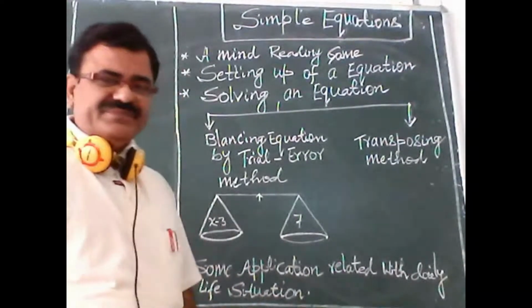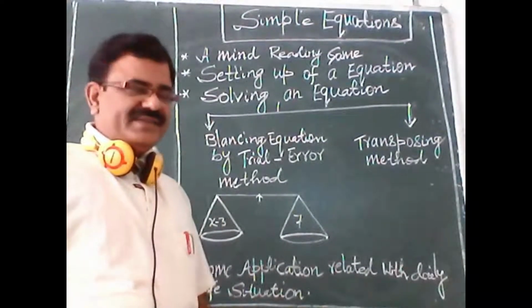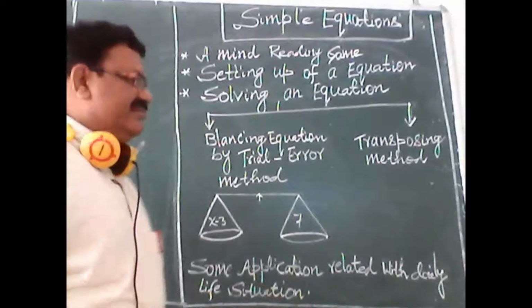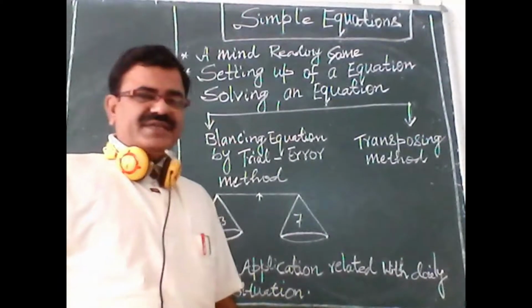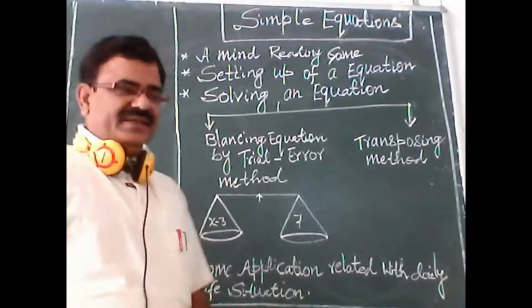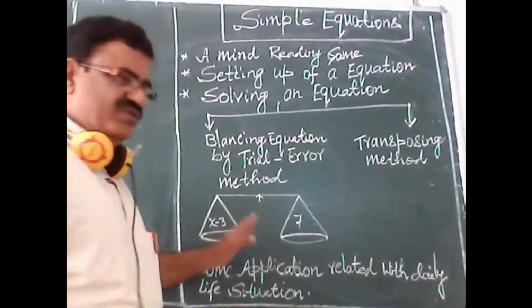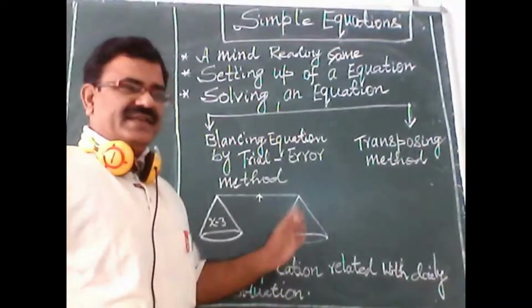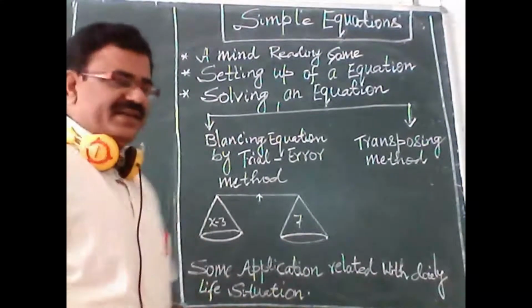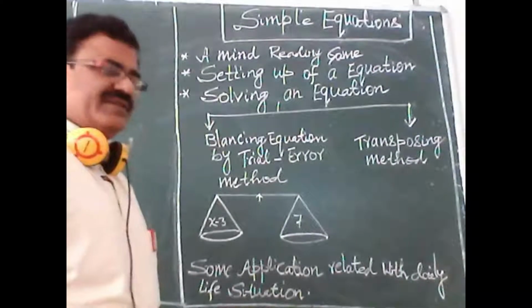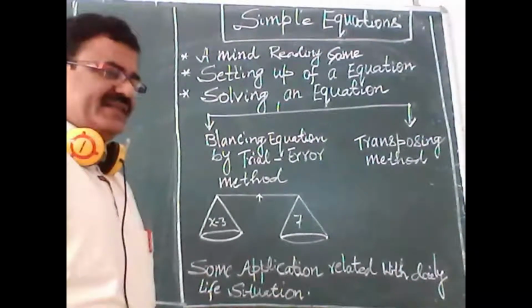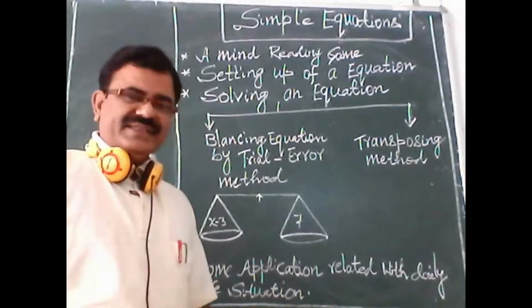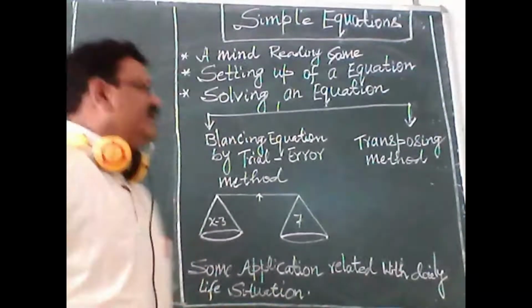Students, in both these sides, that is in LHS and RHS, some variables and constant terms will exist. The terms existing on the left side are called LHS, and the terms existing on the right side are called right hand side. The condition is that equality between both sides is essential for equations.